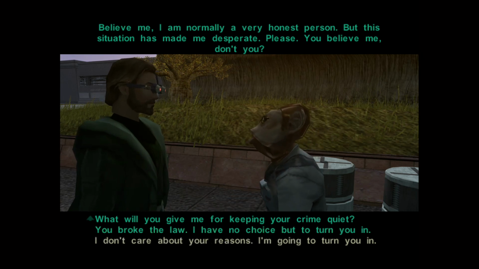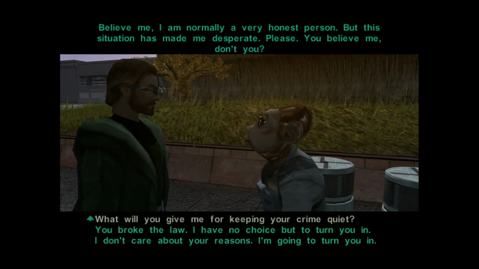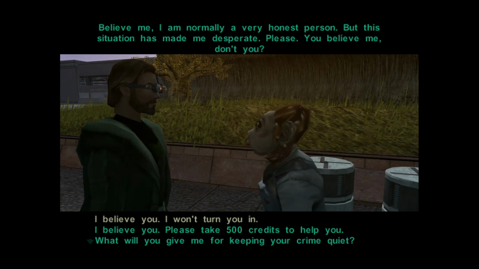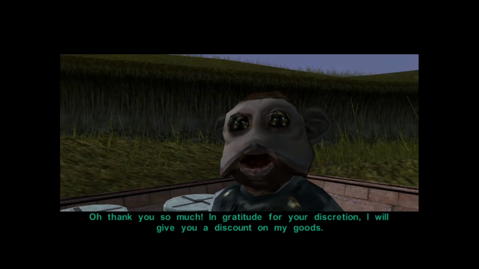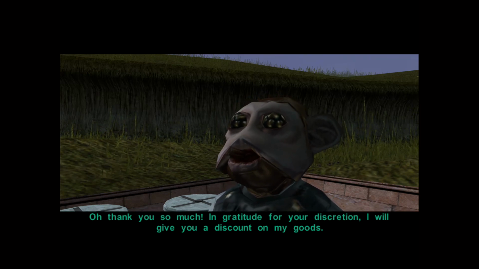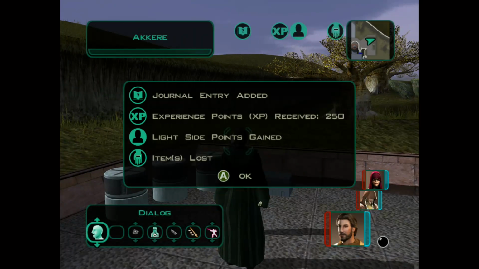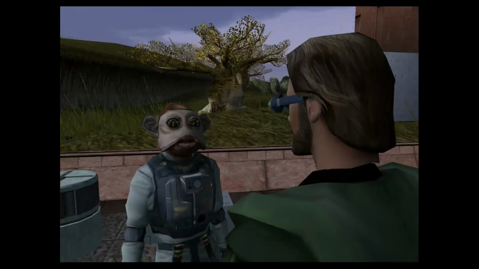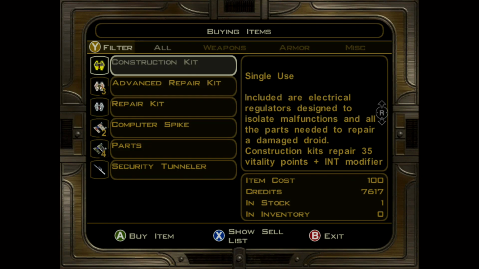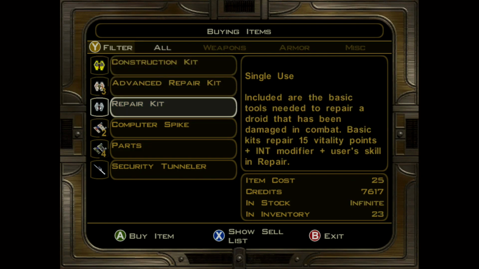I don't really believe him. Fine, I believe you. I won't turn you in. Oh, thank you so much. In gratitude for your discretion, I'm giving you a discount on my goods. Oh, we got light side points, so he was telling the truth. Alright, well, I got a discount now, so...